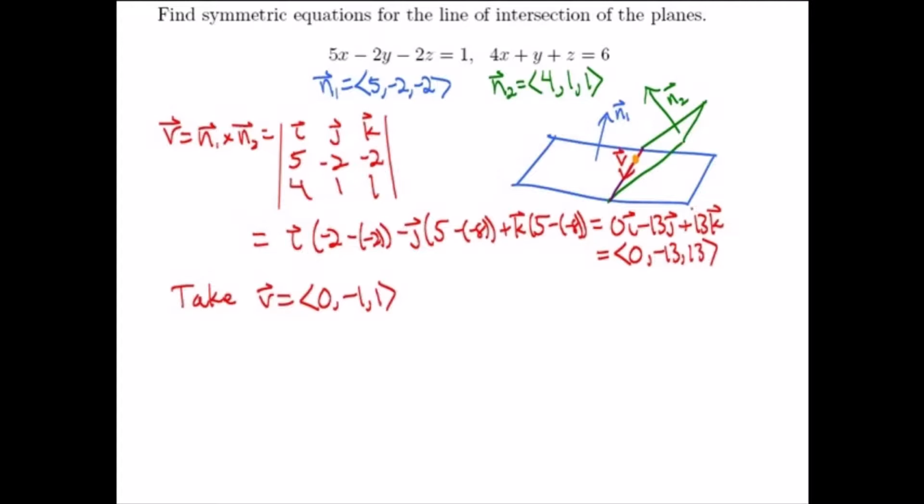Okay, next thing we want to do is find a point on our line. And so to do that, what we're going to do is find out where our line intersects maybe the xy plane or the yz plane or the xz plane. And so again, if it's on this line, it has to satisfy both equations of the planes. And so what I'm going to do is take one of my variables to be 0. Let's go ahead and let z be 0. And then we're going to try and solve the resulting two equations and two unknowns in the variables x and